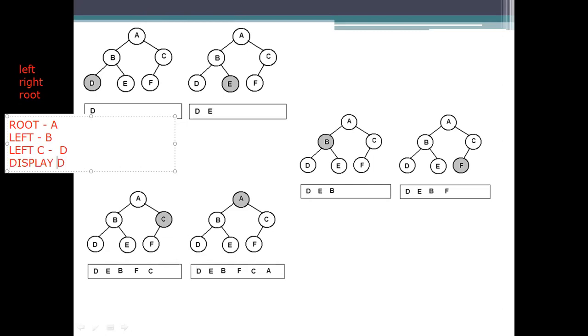Okay. Now it should return to its root and it has to process its right child of B. Okay. Right child of B is E here.